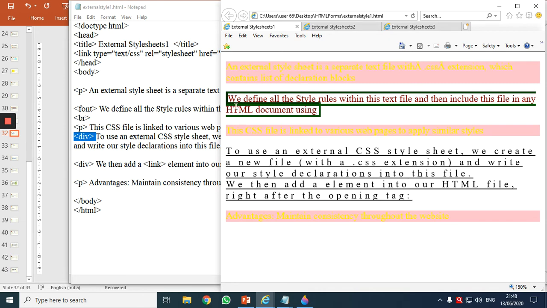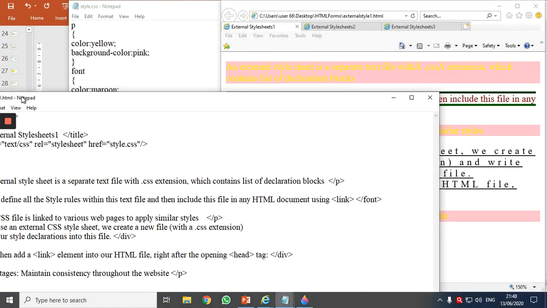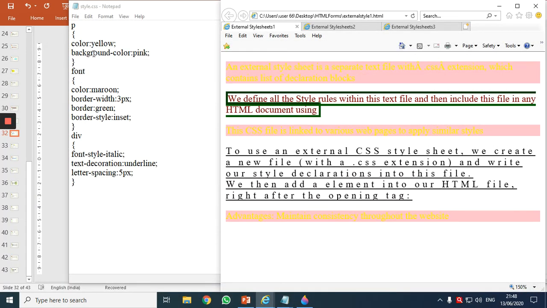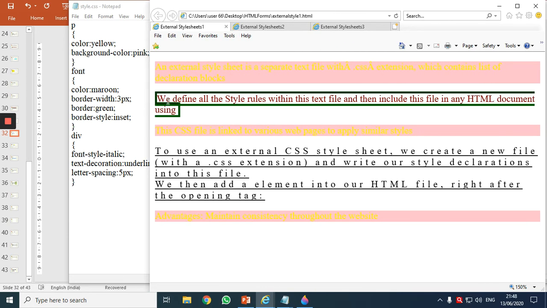Then what happened? Look at font, what we have written. Maroon, border width, border green, and border style. See, observe. Okay. Look. Then we have the division tag. We have given letter spacing, underline, and italicized.